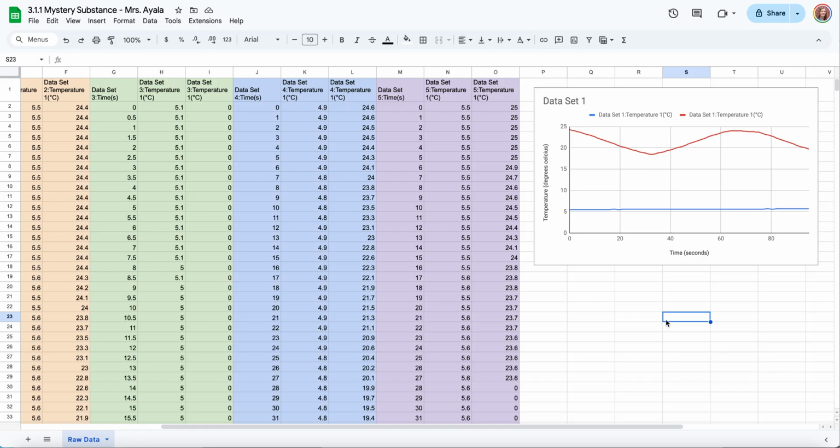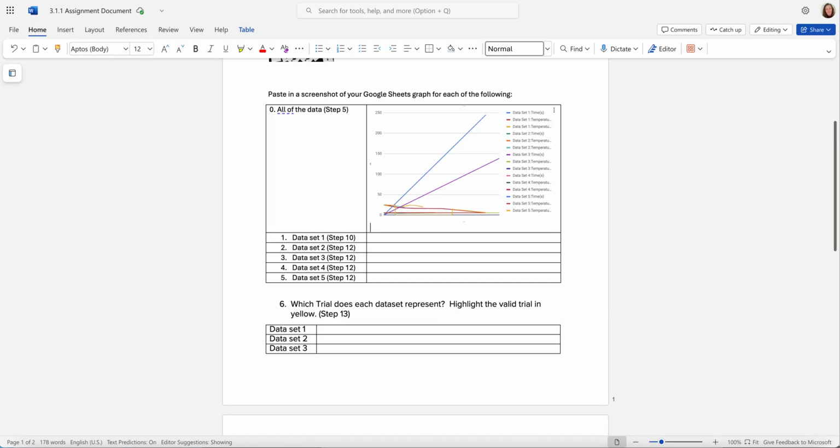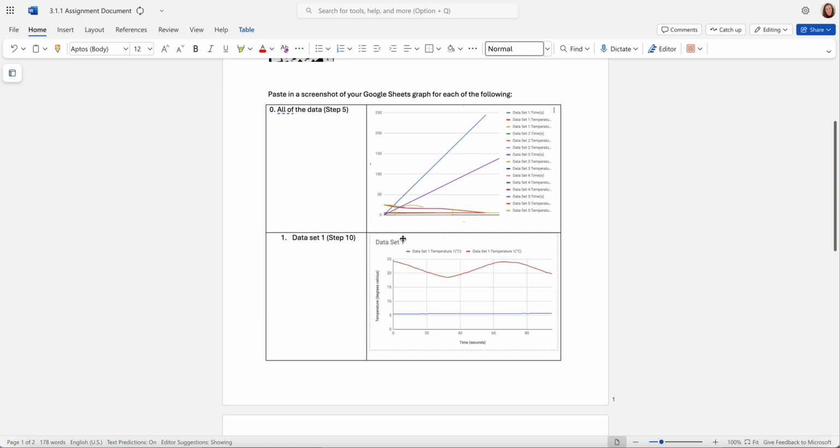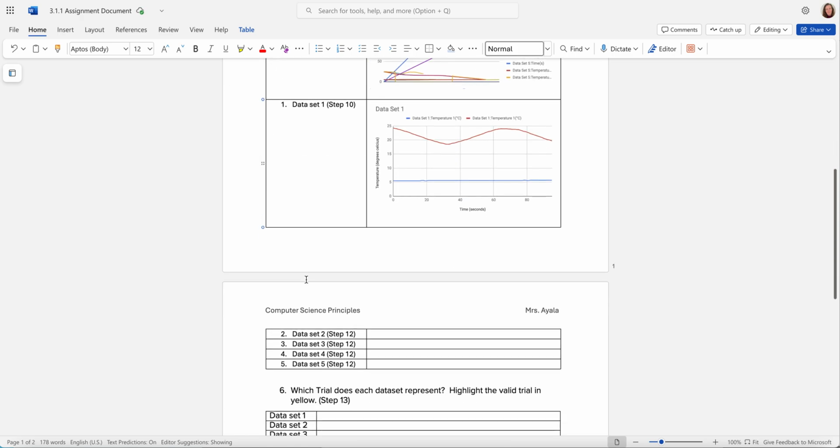And I'm going to take a screenshot, as we did with our last graph, and we're going to paste it into our assignment document. Here's our screenshot. Let's paste it in, and as we look at it,